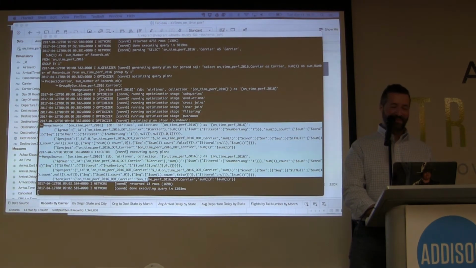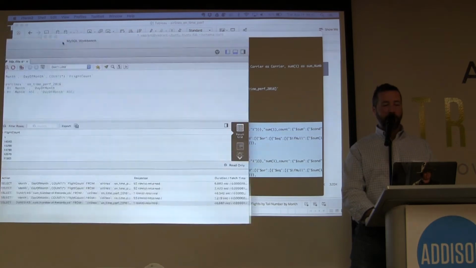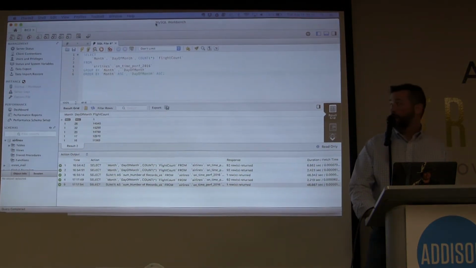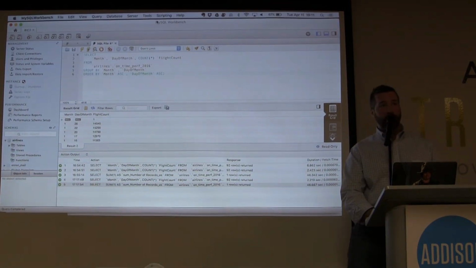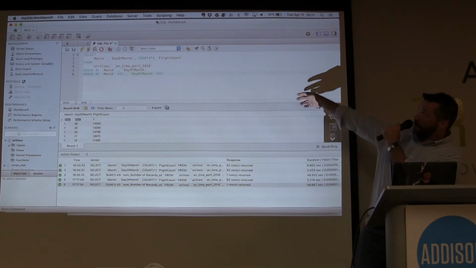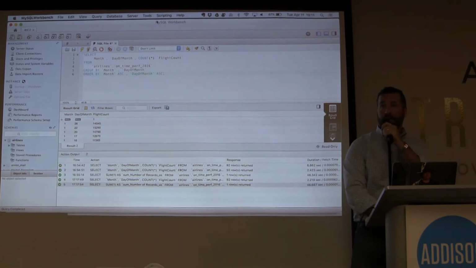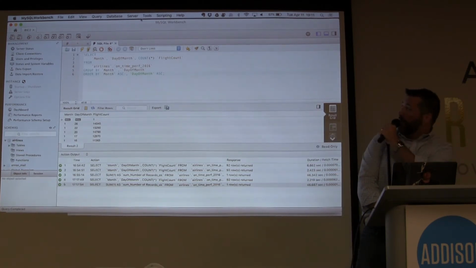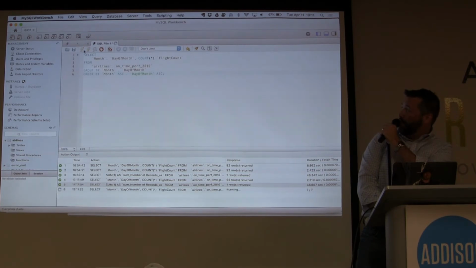Here's your answer. The question was, what tools support this? The answer is anything that supports ODBC. This is MySQL Workbench. So I can just connect using MySQL Workbench and run select statements. While that's running,